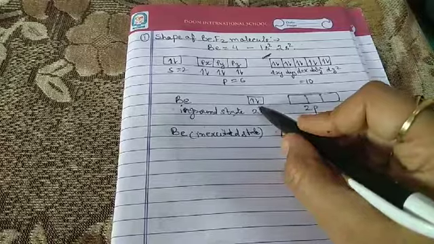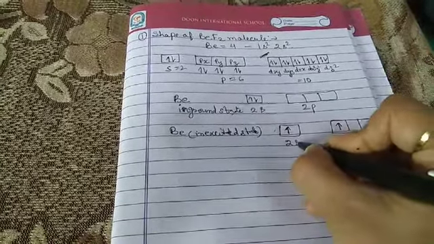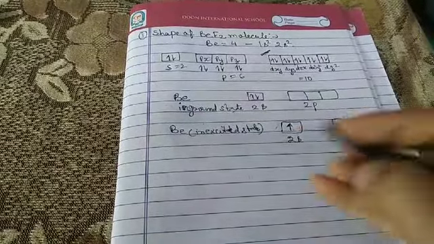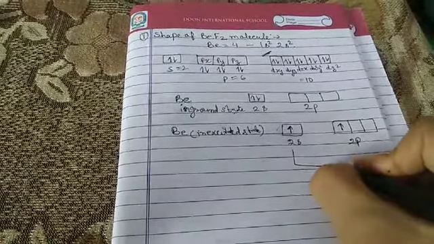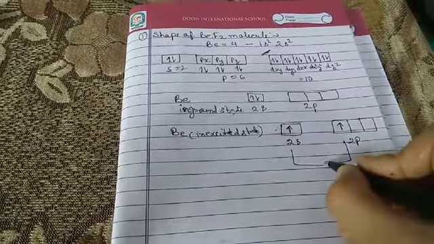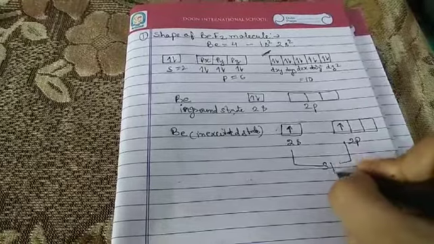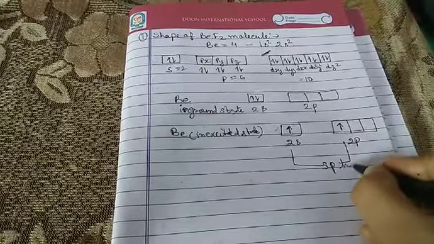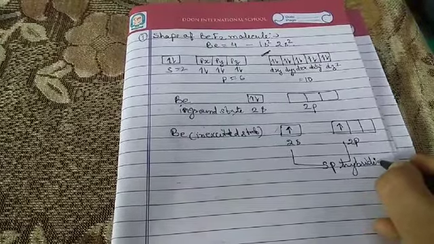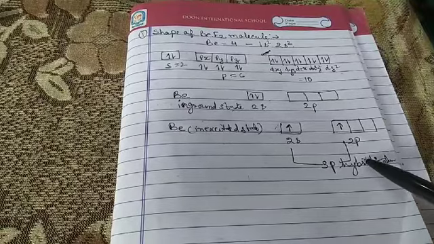Now here we have 2 electrons in 2s, and now we have 1 electron in 2s and 1 electron in 2p. So how many orbitals are involved? One s, no need to write the 1, and one p. This hybridization is known as the sp hybridization.